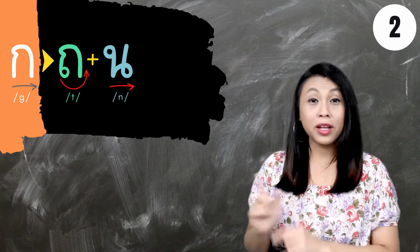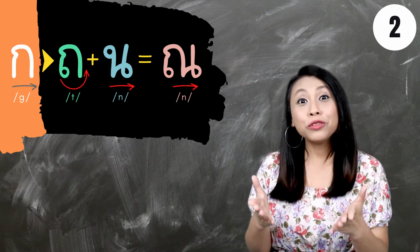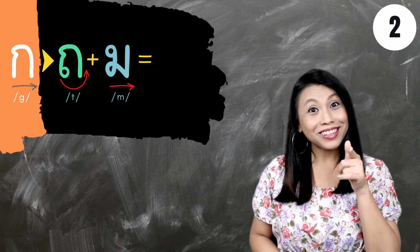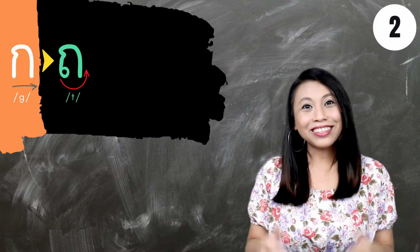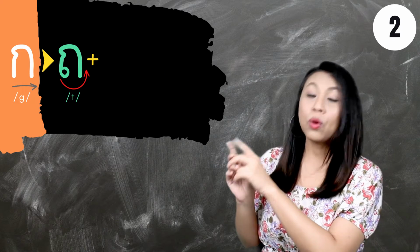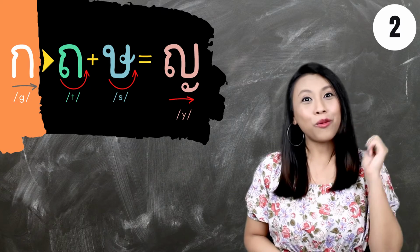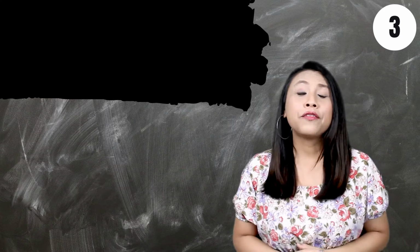with นอหนู then we get นอเนน and also if we combine ถอถุง with มอม้า then we get ชอเชอ and again if we combine ถอถุง with สอฤาษี then we get ยอผู้หญิง the next one still starts from กอไก่